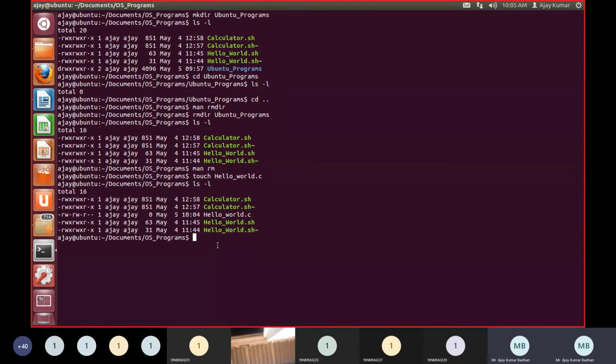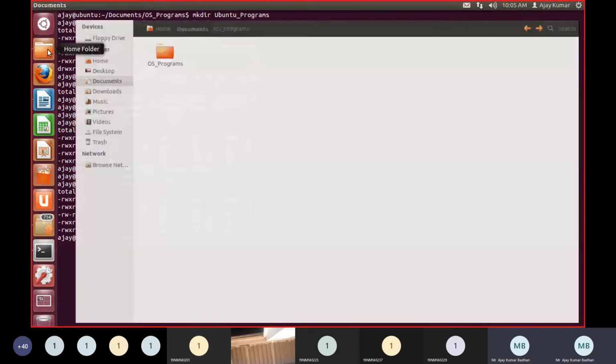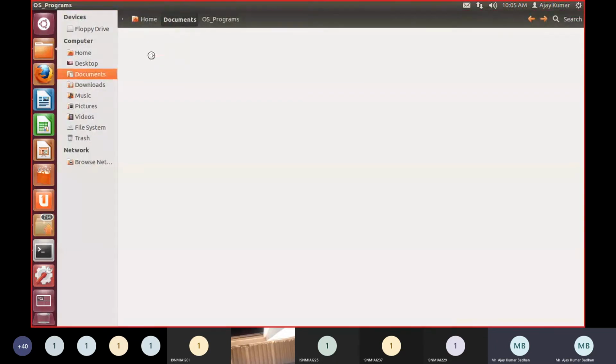Now within this, if you want to write anything, you can simply open that particular file using the VI editor. We have the VI option. I will show you technically also where exactly this file is located. Remember the path, Documents, OS programs, and within that you have this. Here is the home folder: /home/documents/OS programs, and within this you will be having hello world.c. You can double click on this. So it has been created.